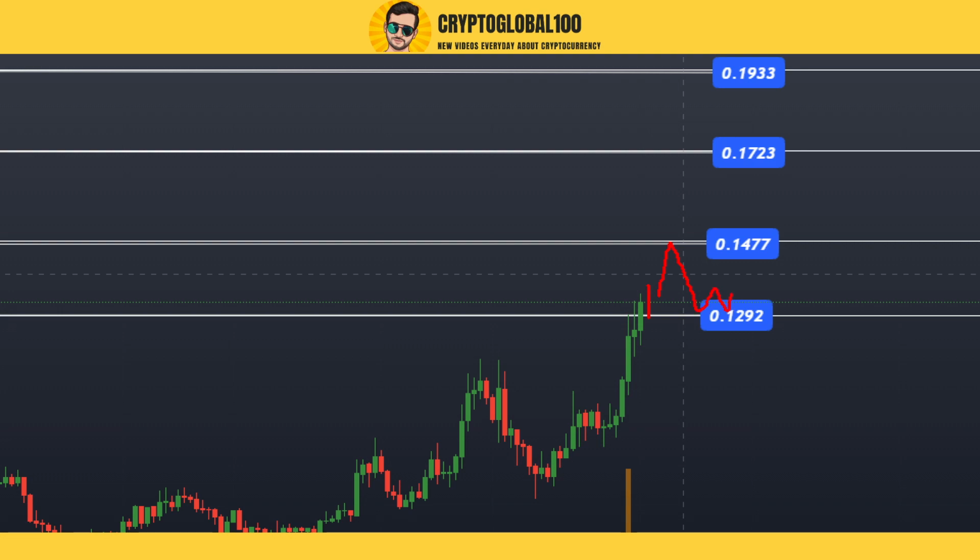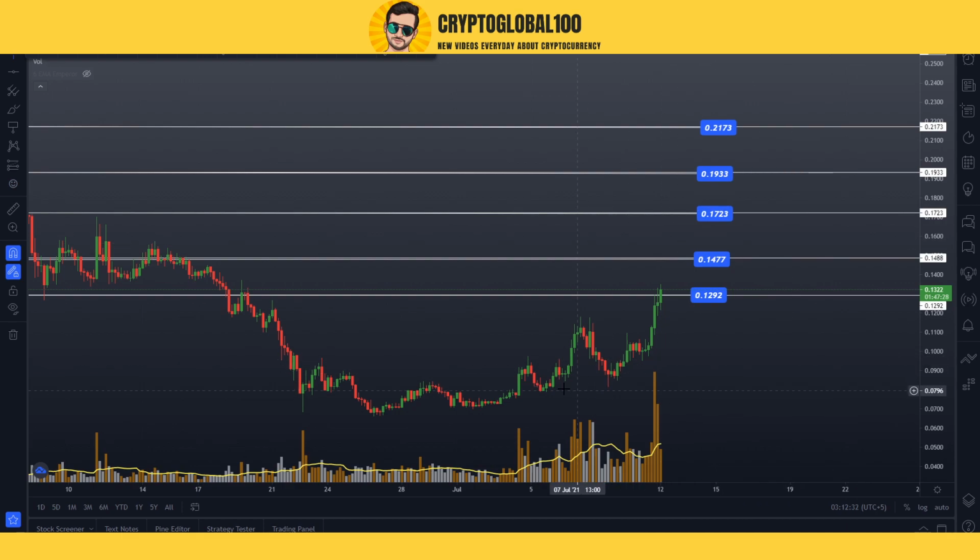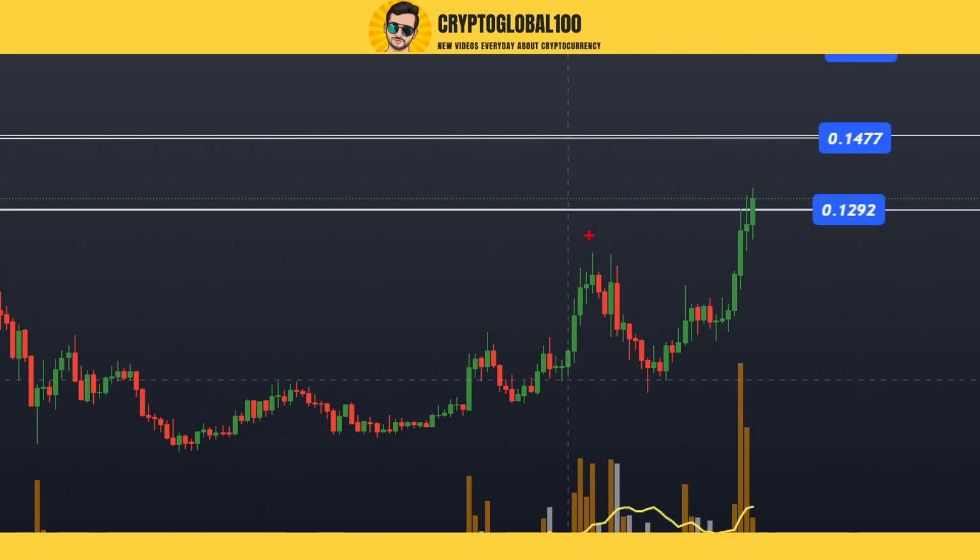Then we might see some sideways movement, then a move on the upside, and price is going to move to this area. Then it's going to come down, rejection, and then it's going to move like this. Then again rejection, then a move up. So that's how the price moves. You can see here how the price came up to this level, then came down.